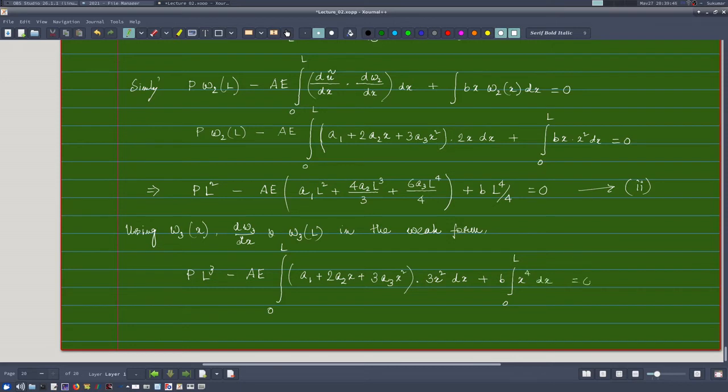This is also 0, and by doing the integration and putting the limits, I can finally get